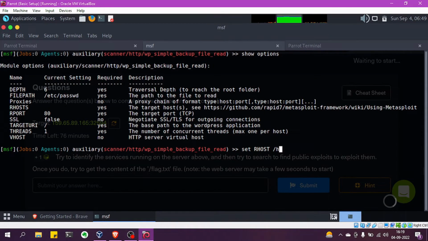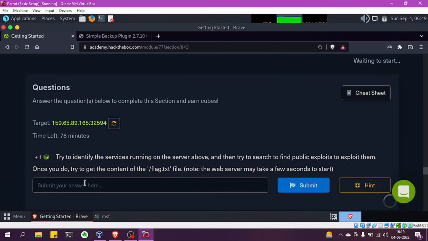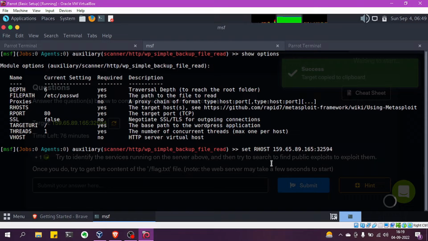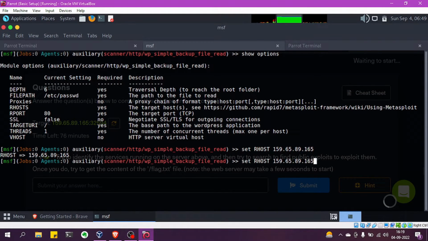There must be a functionality like in Windows, where we can paste the specific copied item from the clipboard. It must be there in Linux as well. So set our host, and the IP is set. Now our port,